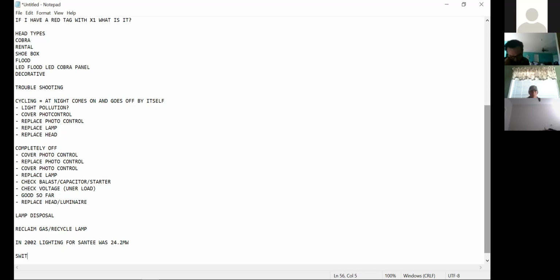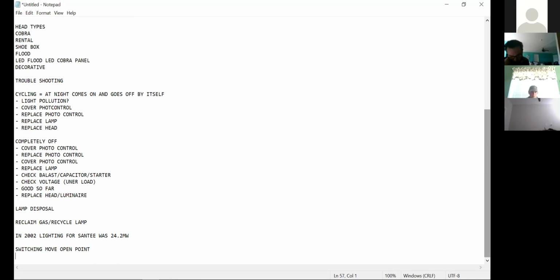I'm gonna call it switching. Okay. Move, open, point. All right, in order for this to happen out there in the field, we're gonna have to make some adjustments to our system to be able to perform this. Here's a cardinal rule. To move an open point, you must close an open point first before opening